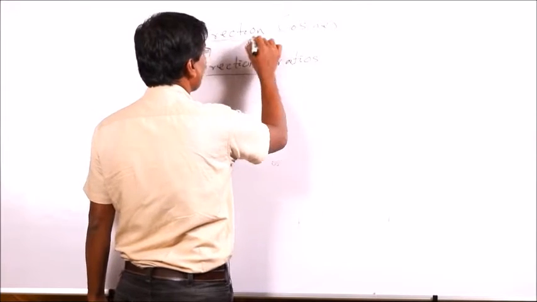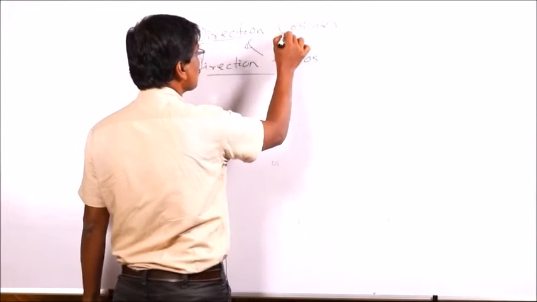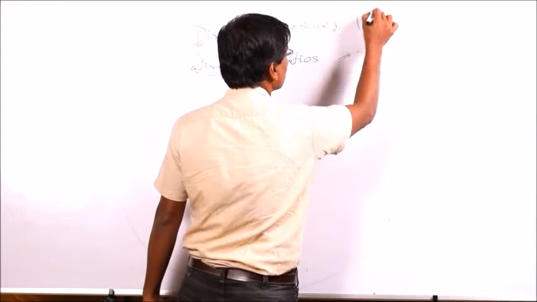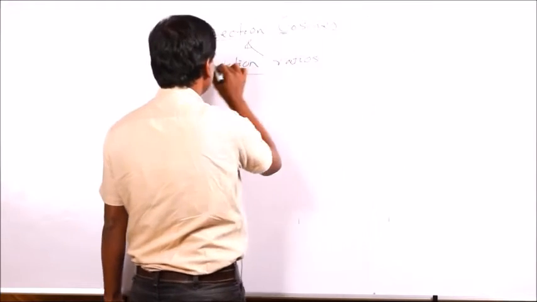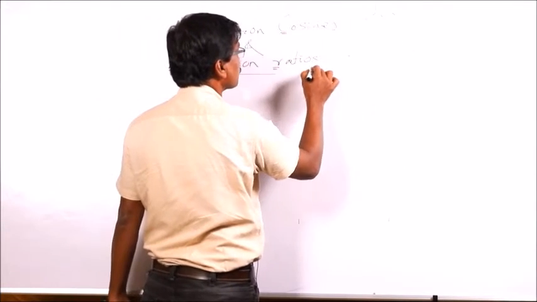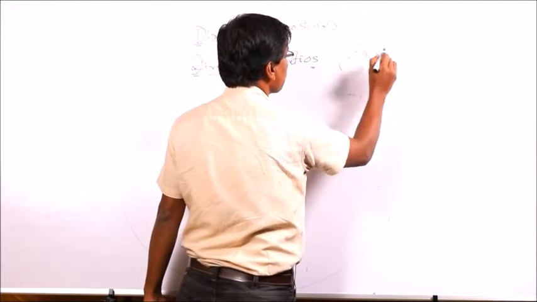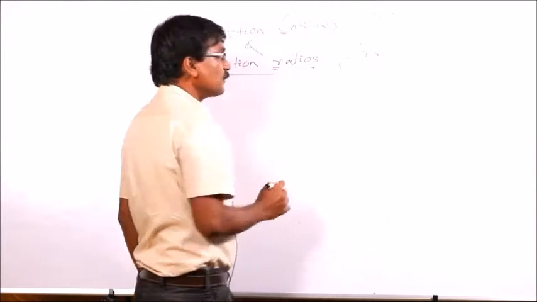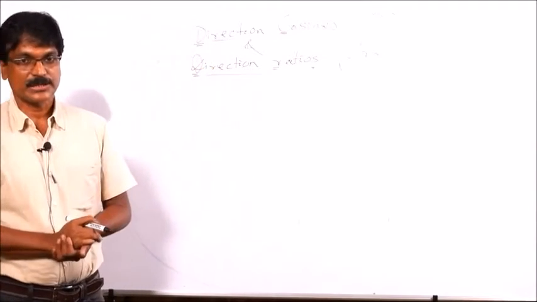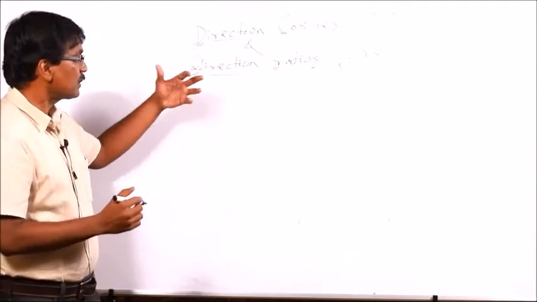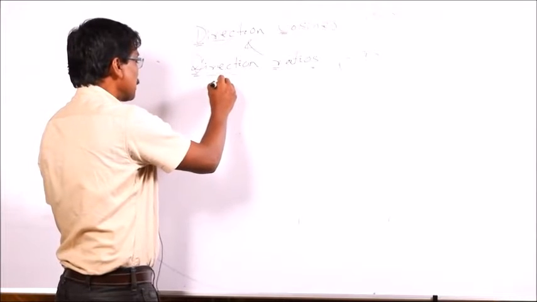In short, we have defined DCS, that is direction cosines, and direction ratios are DRS in short. So, first of all, what is direction cosines? So, direction cosines is, suppose